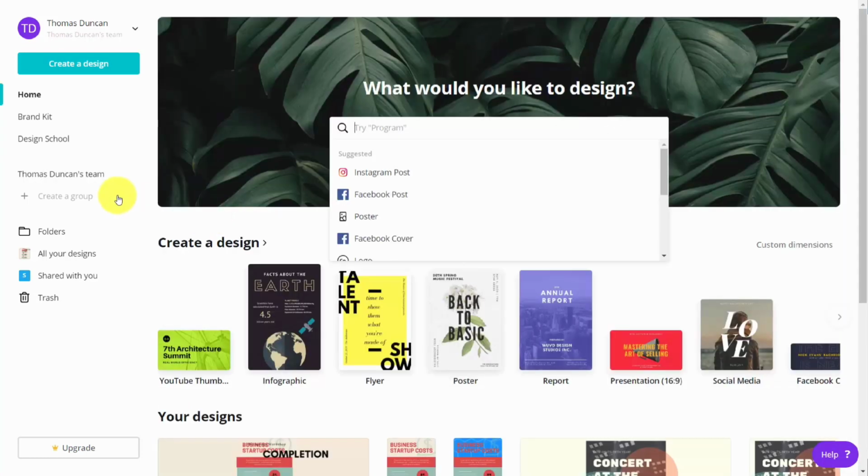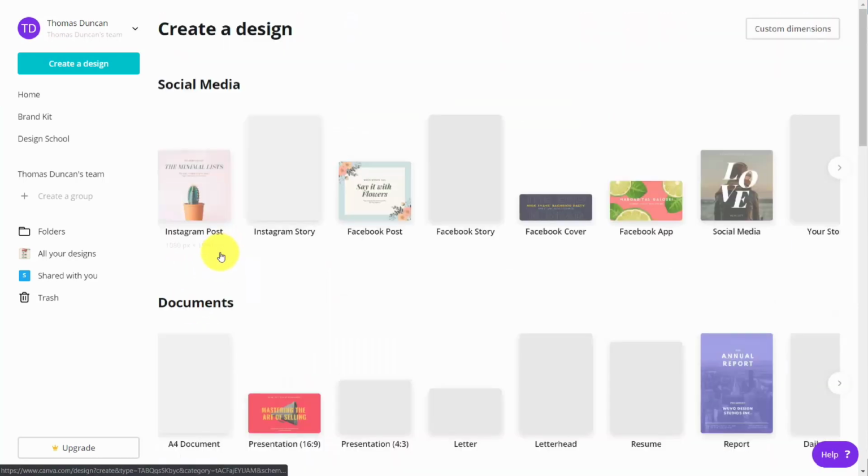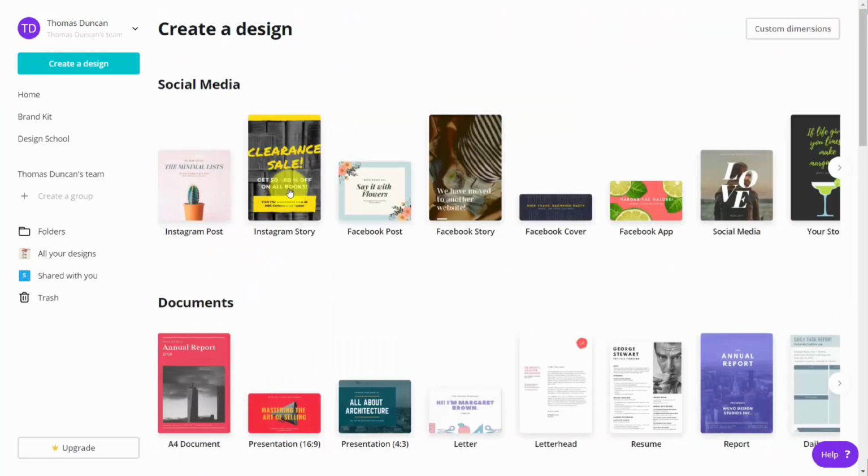Welcome back. Now, the most important aspect of Canva is going to be the template system, which you can use in order not to have to design. And you'll see the range of templates that you have available to you. And it's going to be in this section that says Create a Design. And you'll see the different